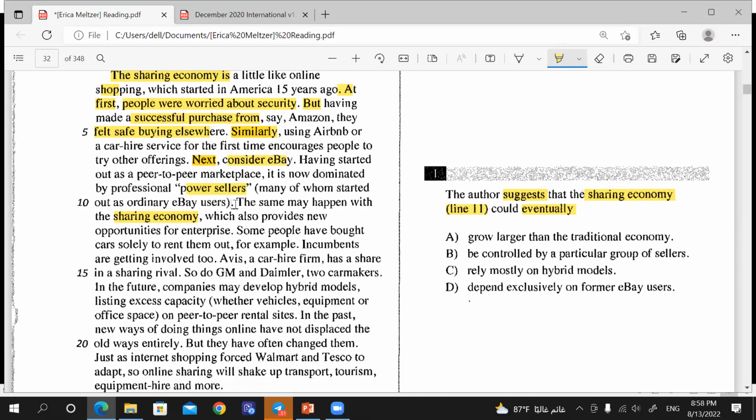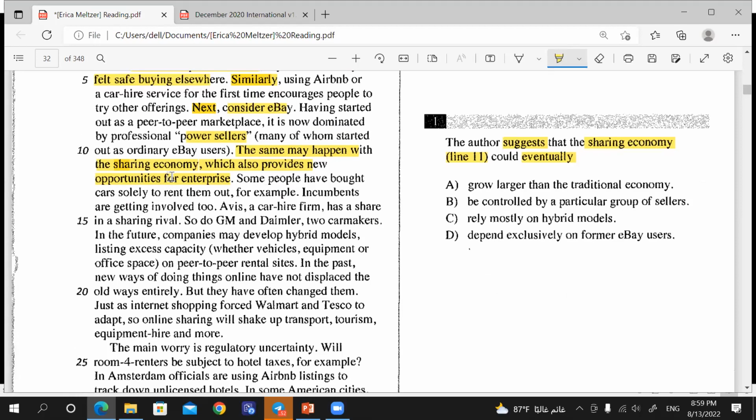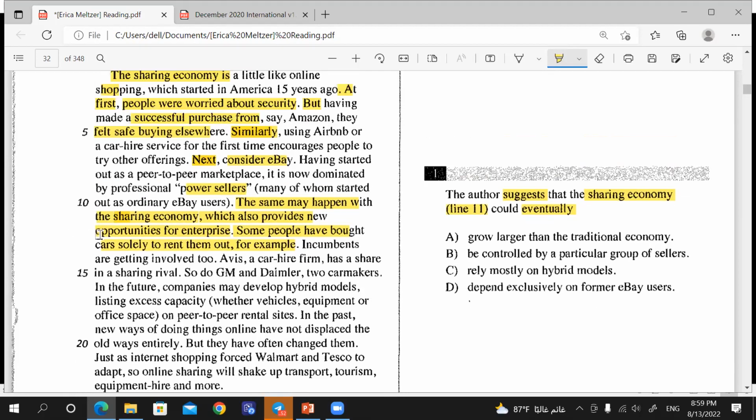The same may happen with the sharing economy, which also provides new opportunities for enterprise. Okay, is it enough? I can read one more sentence. Some people have bought cars solely to rent them out, for example. Okay, good. So now from what I've read,